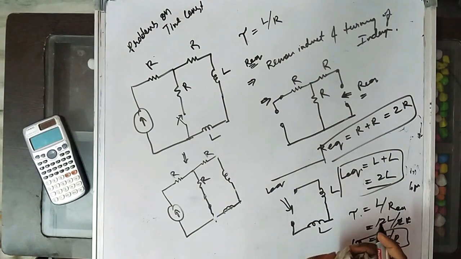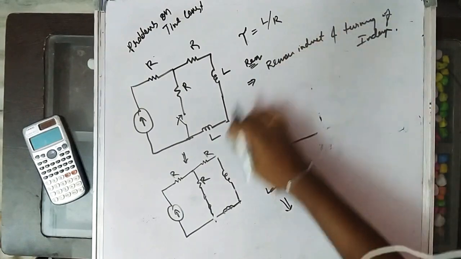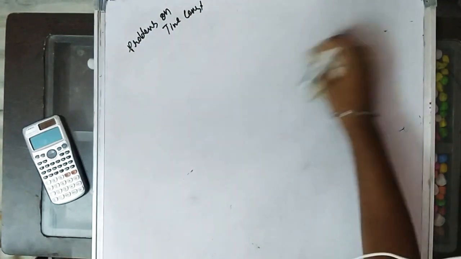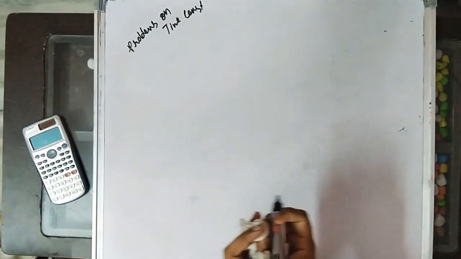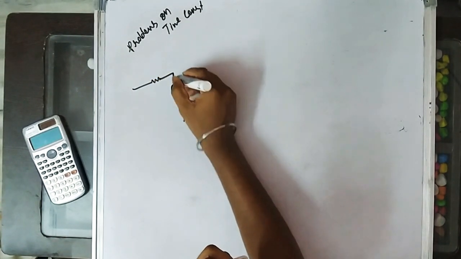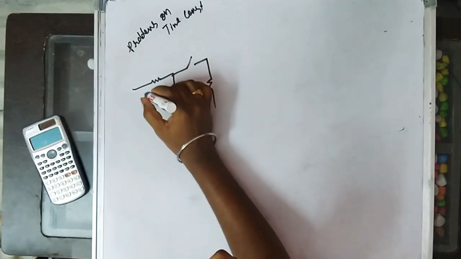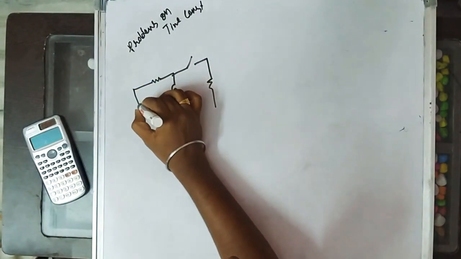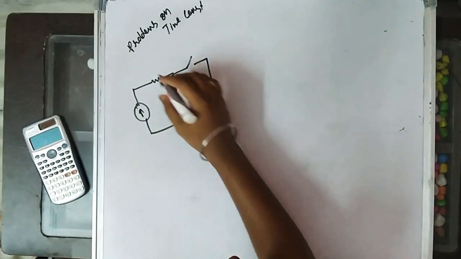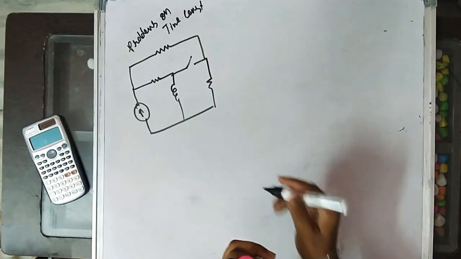Now we will solve another small problem, which is a different problem. You need to understand it pretty well. I'm dealing with it in a crisp way, so you have to understand very well. I wanted you to find the time constant of an RL circuit of this form. They may give any kind of problems. You need to know the concept here.